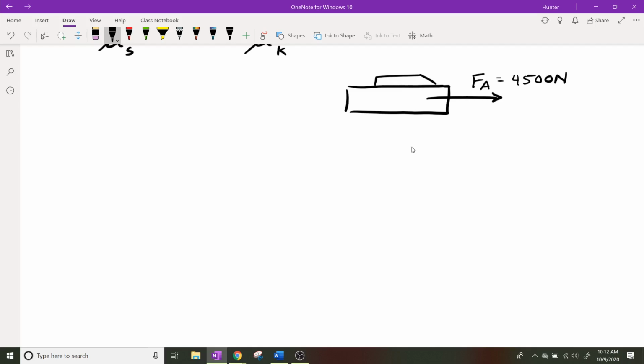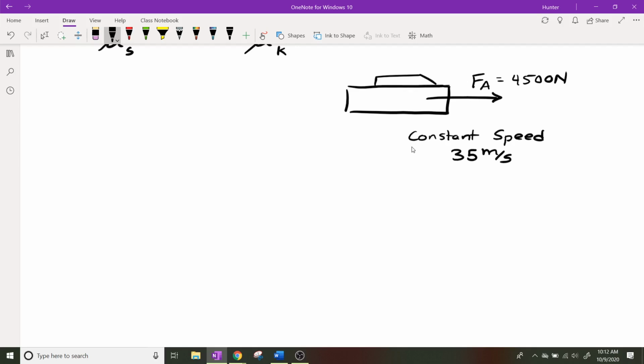But I also know that this car is moving at a constant speed. So it's not really accelerating. It's not really decelerating. Why don't we just say that it's moving at 35 meters per second, just to throw a number in there. So it's moving at a constant speed of 35 meters per second, and the car itself has a mass of,